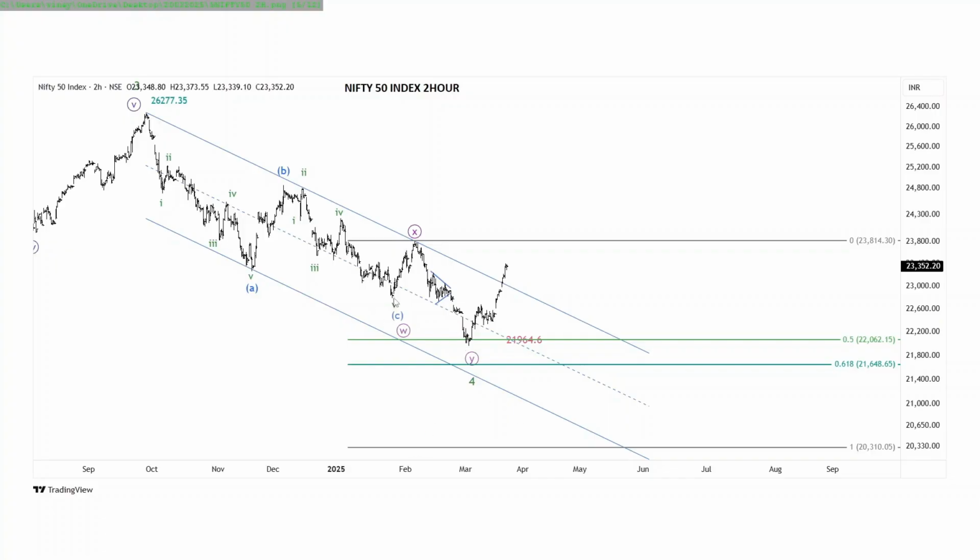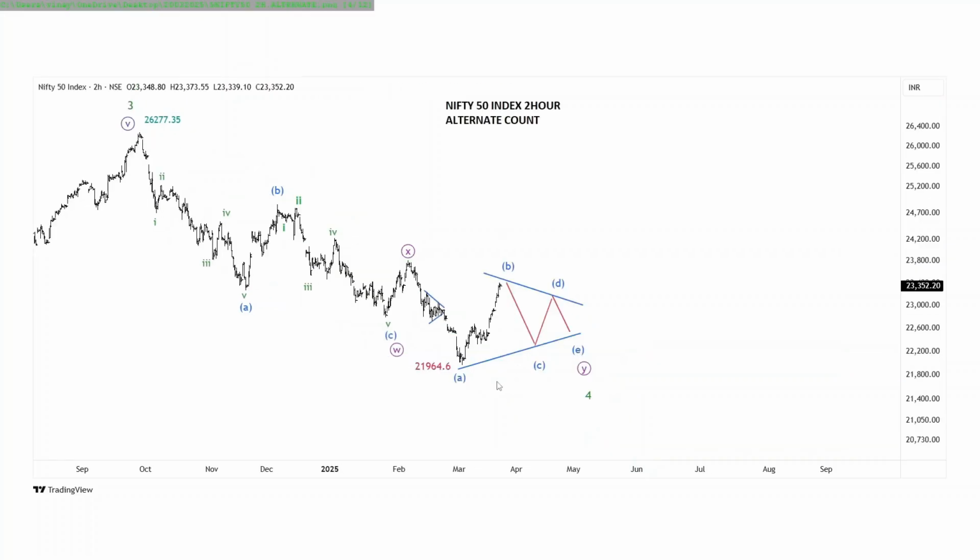The Feb low is W, and thereafter X wave, and now the March low is the Y wave. To complete this Y wave at around 21,964 levels. On an alternate count basis, the Y wave is still in development because last leg of this down